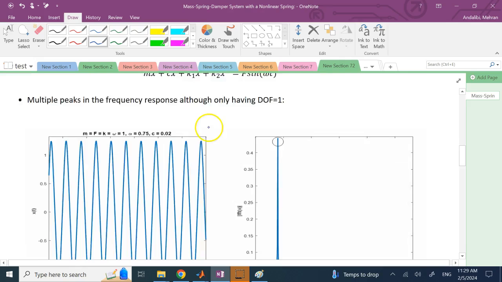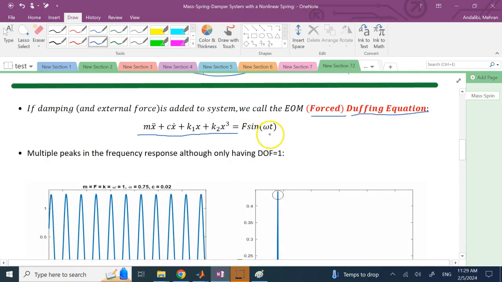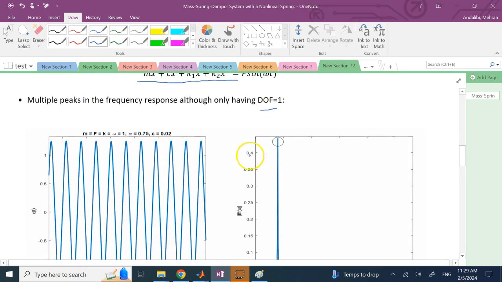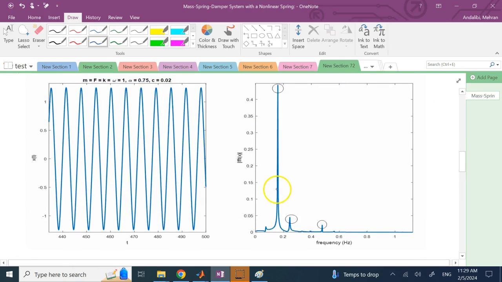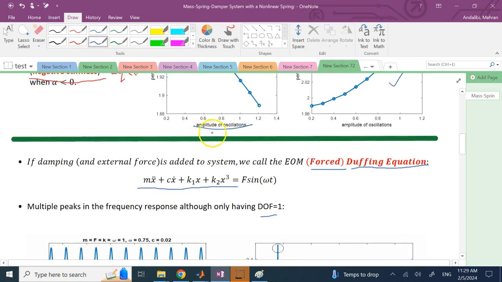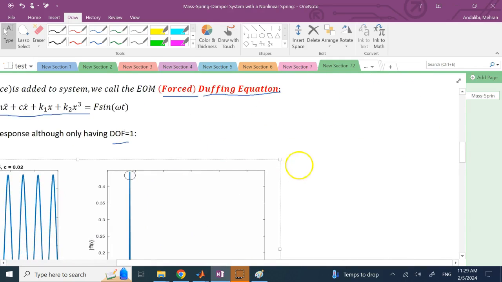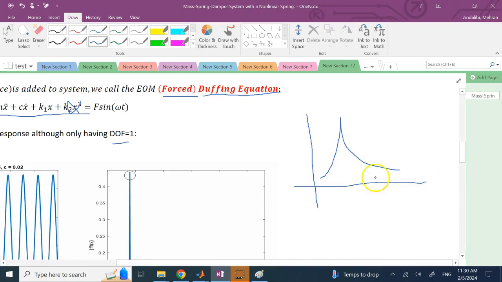One thing I will get is, although my system has only one degree of freedom, x, when I look at the frequency response of the system, instead of having one single peak, it is going to show several peaks. Remember, from linear vibrations, if the system is linear, so this term is not there, then the frequency response of the system is going to be like this. You only have one peak here at this omega frequency,